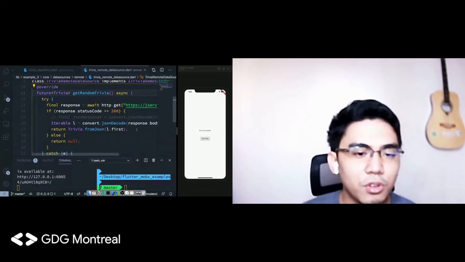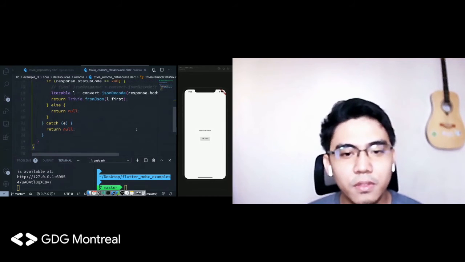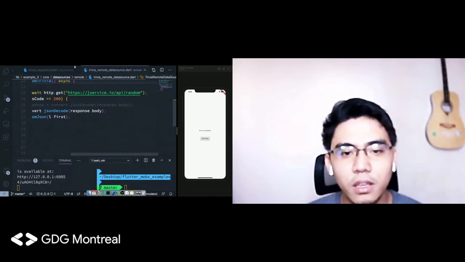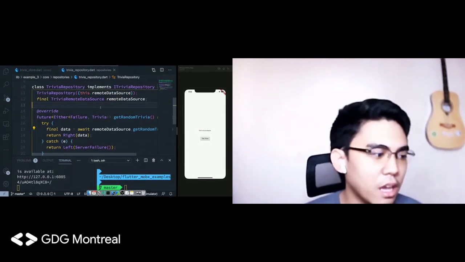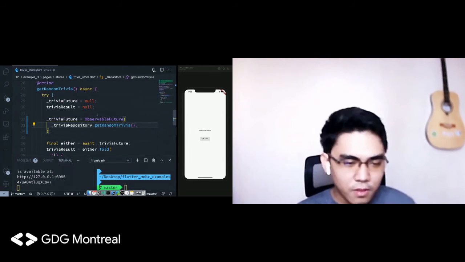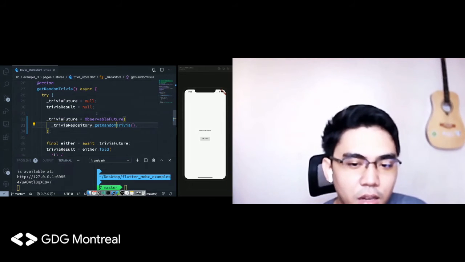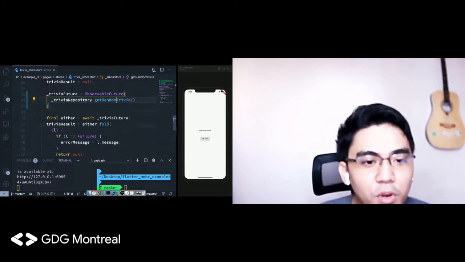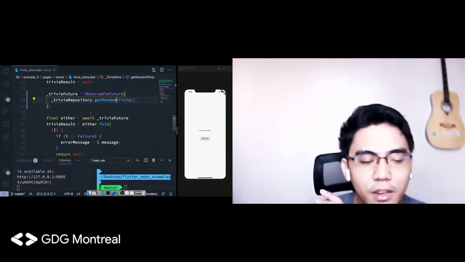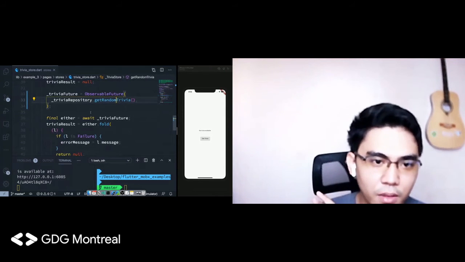So in the data source, we just get the response, a list of objects, from the JService API. And the repository is where we typically do the caching. But in our case, since this is a very simple app, we just get the string or the trivia object. And one thing that you can do as well in Flutter or in Dart in general is that there's a